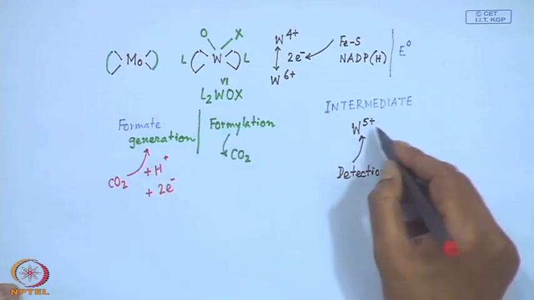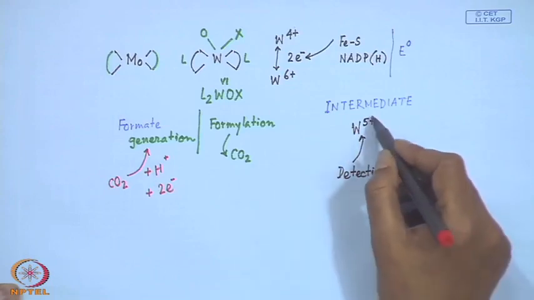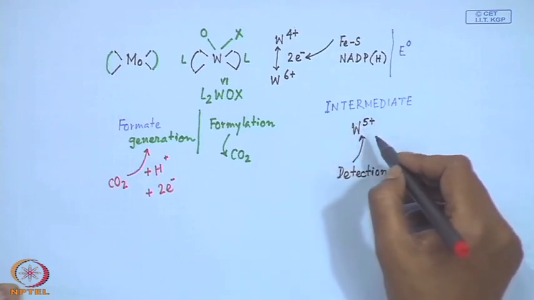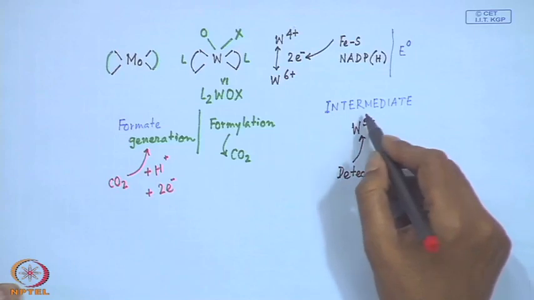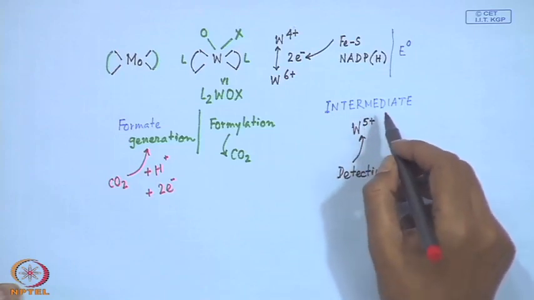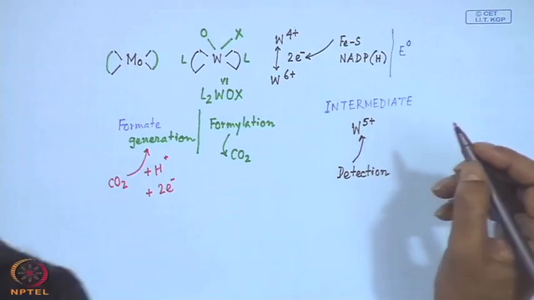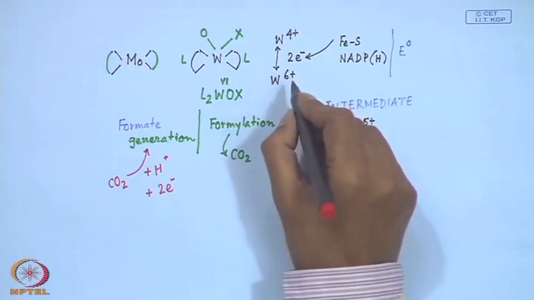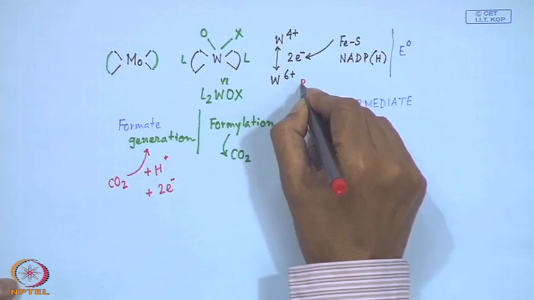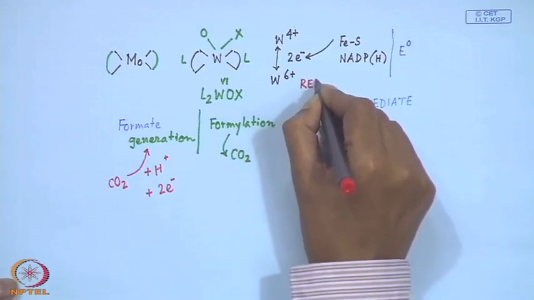So, there is also some site where the proton is attaching to the substrate molecule, and we get this particular molecule back to the corresponding hexavalent state. So, this reduction reaction is very important,